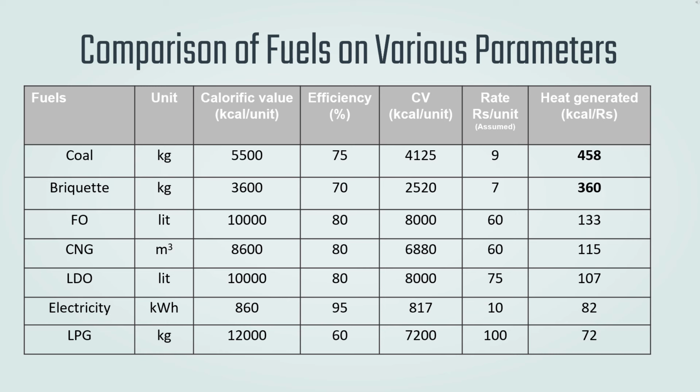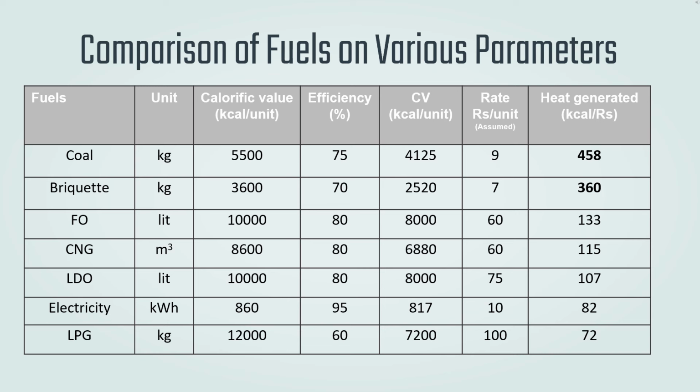The second one is briquette. If it has a calorific value of 3600 and an efficiency of 70%, it gives us an effective calorific value of 2520, and if it has a rate of 7 rupees per kg, then the heat generated through it is 360 kilocalories per rupee. The next one is FO, which is furnace oil, and if it has a calorific value of 10,000 and an efficiency of 80%, we get an effective calorific value of 8,000, and if the rate is 60 rupees per liter, then the heat generated through it is 133